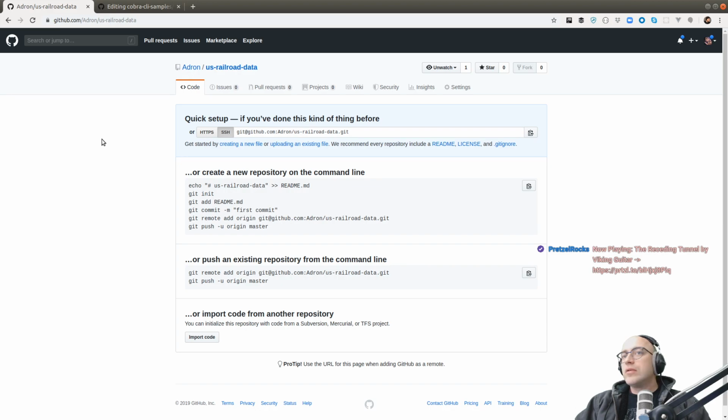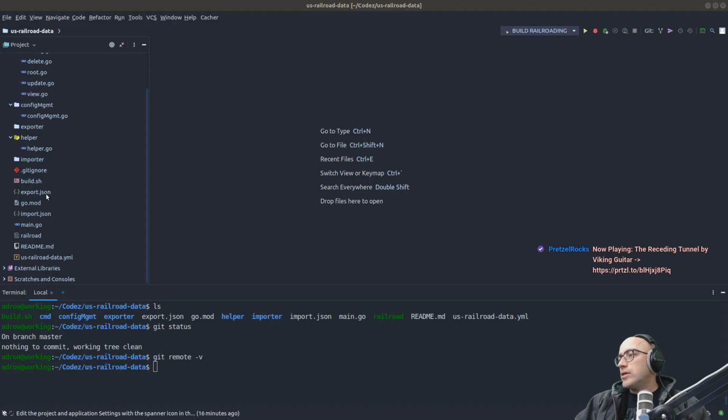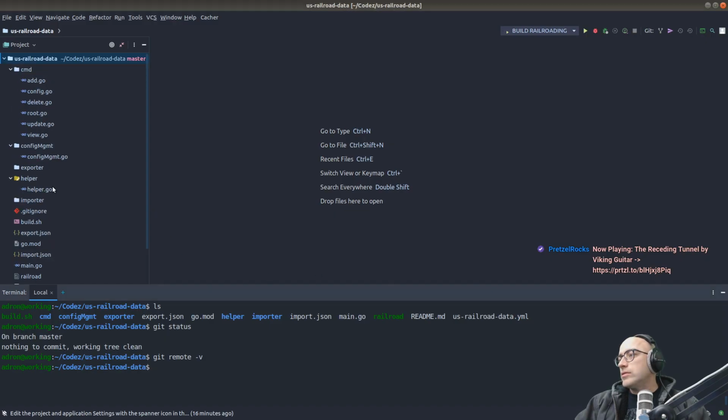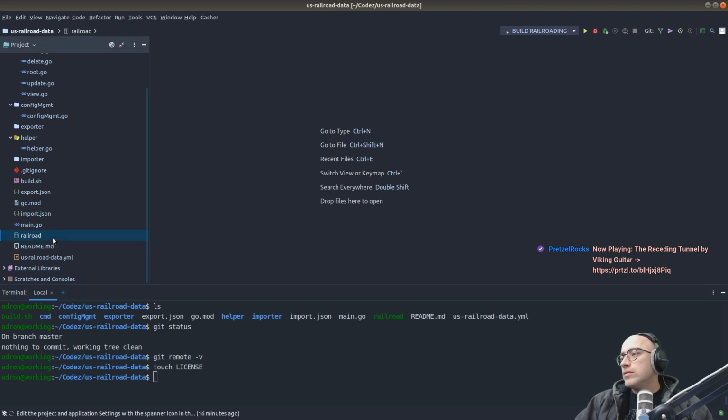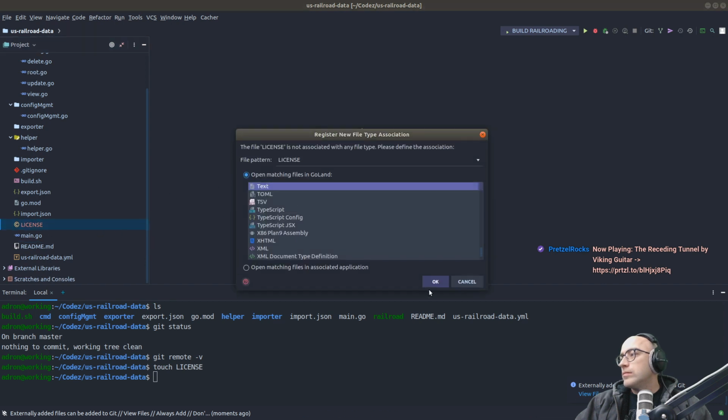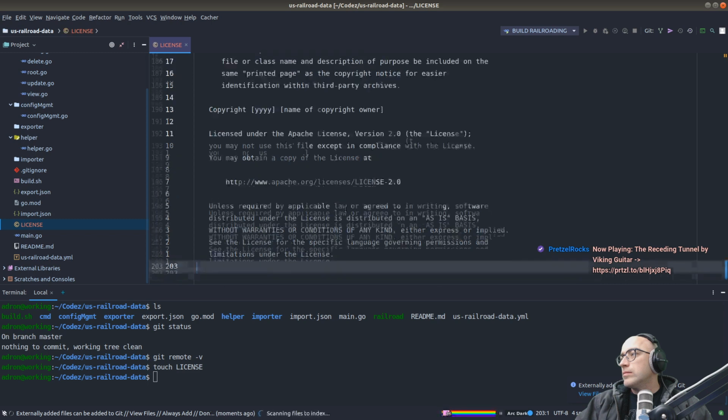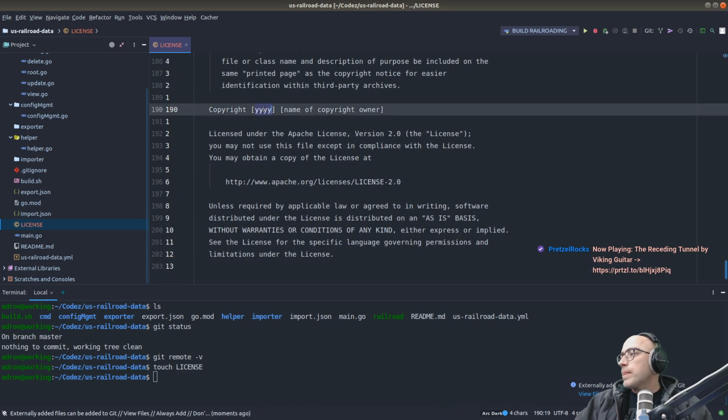Whoops. Let's get in there and just add that to the license first. Did I add a? Oh, I added the README. Okay. Touch license. We'll go with